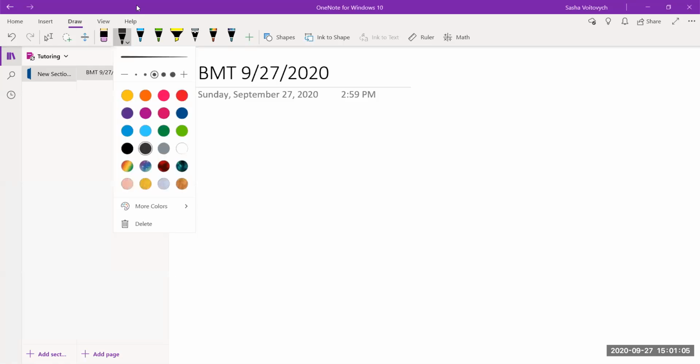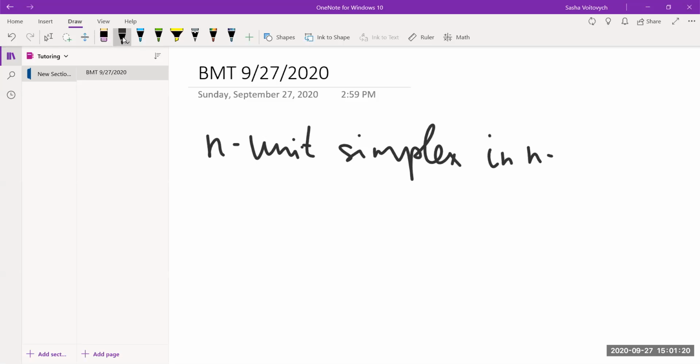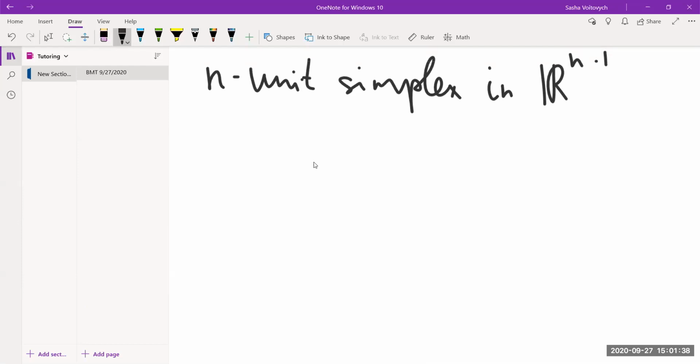Yeah, so the problem with 8-unit simplex in a 7-dimensional space is that if you consider generally an n-unit simplex in R^(n-1), then it does not generally have nice coordinates. And by nice, I mean, well, rational, because if we look at an equilateral triangle in R2, then it would have